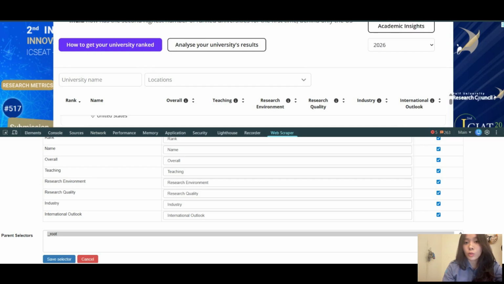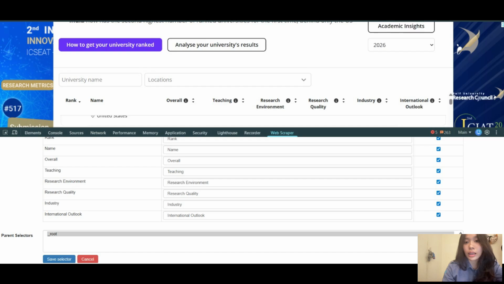After the extension was successfully installed, I opened the target website and accessed the developer tools menu by clicking inspect on the browser. Then I selected the Web Scraper tab to start configuring the scraping process. Next, I created a new sitemap, which functions as the main structure for the scraping configuration.